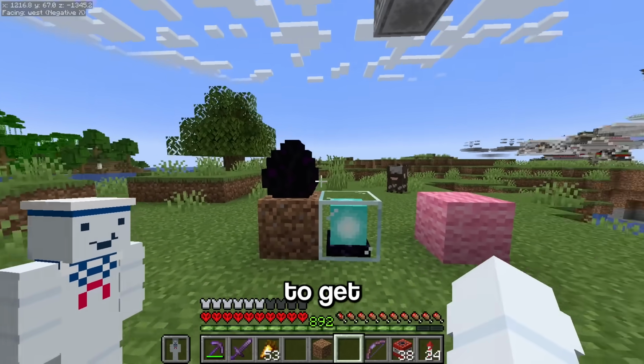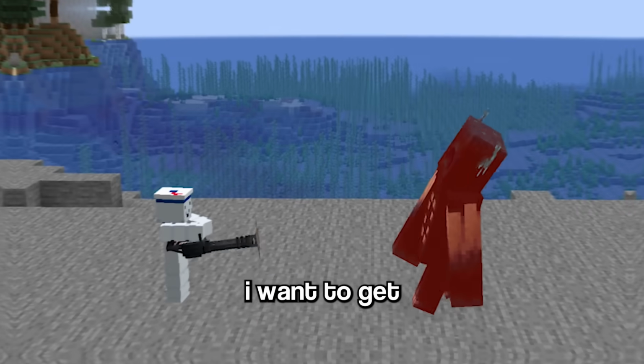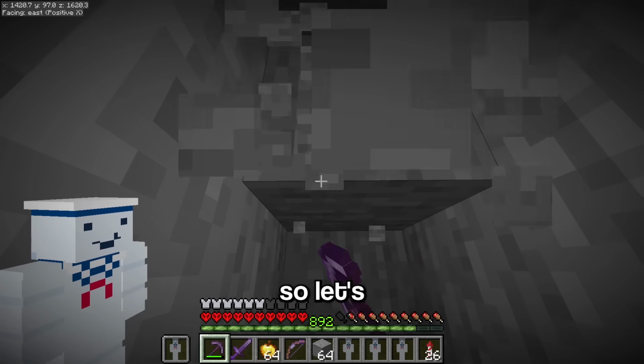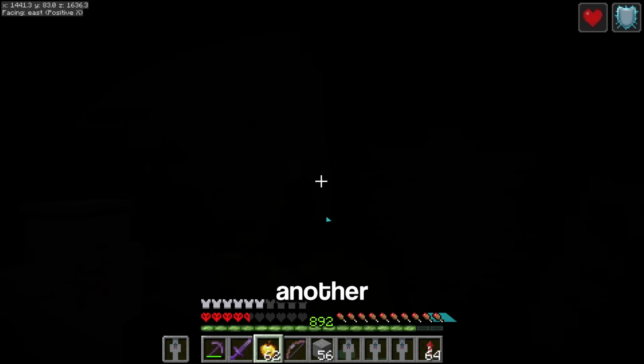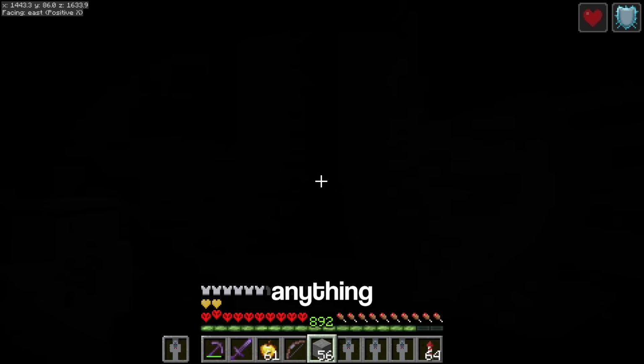The next block I want to get is a sculk catalyst, but I don't want to just get any sculk catalyst. I want to get one from a warden, and I'm pretty sure there should be a deep dark here. So let's dig down. And we already have another problem. The warden is spamming me. Since I can't really do anything, I think it's time to move on to...